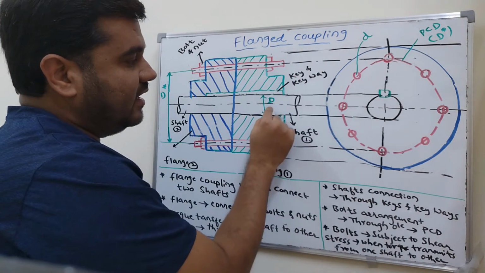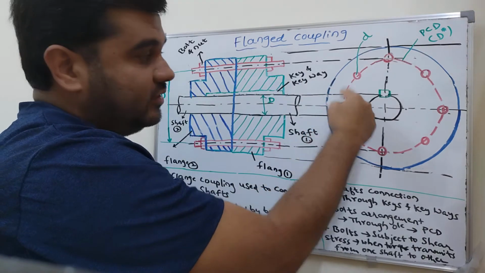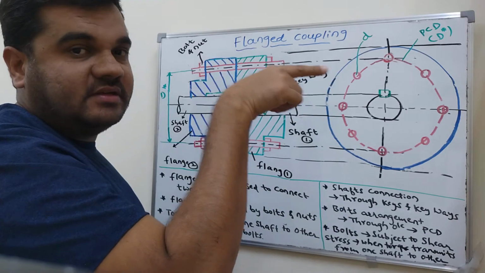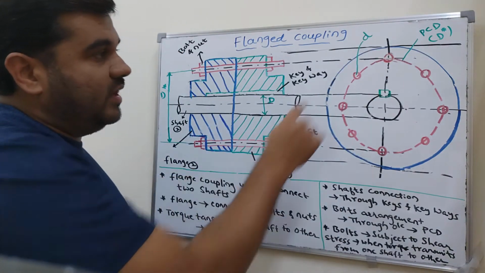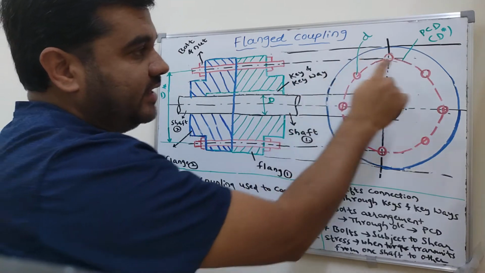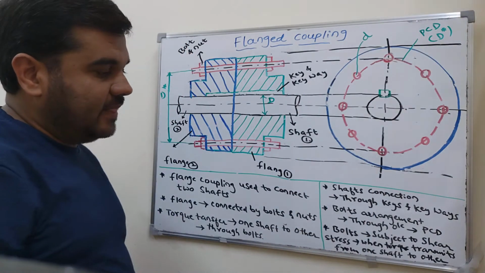Shaft diameter is called capital D. And the bolt diameter, the diameter of the bolts we are drilling holes for and placing there, is called small d. So small d is the bolt diameter, capital D is the shaft diameter, and the pitch circle diameter is D star. Okay, so next point,